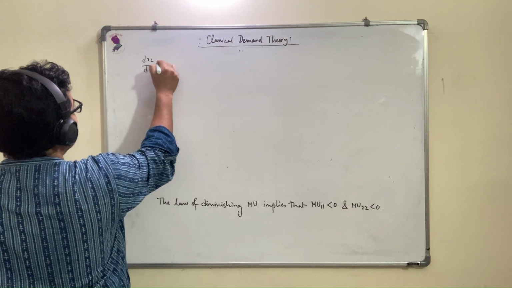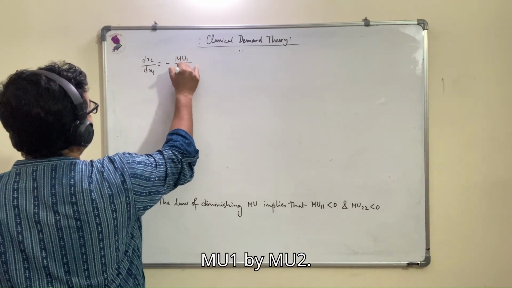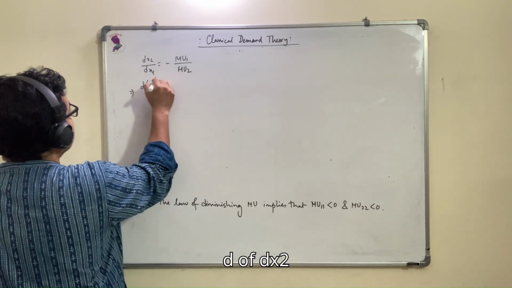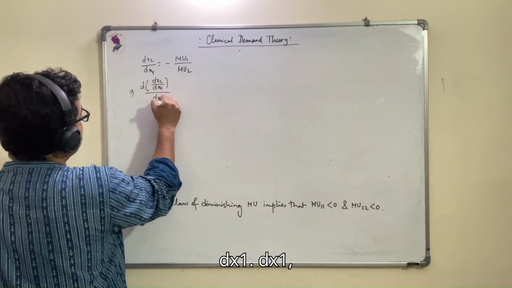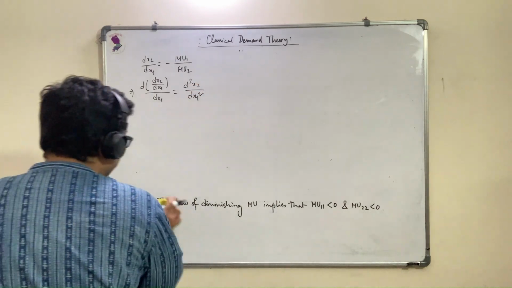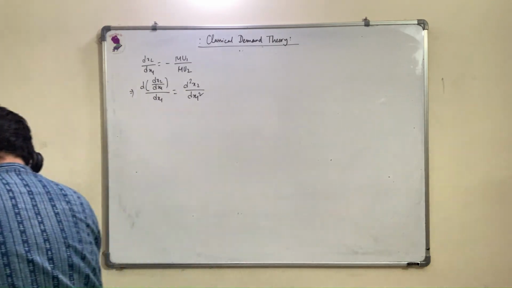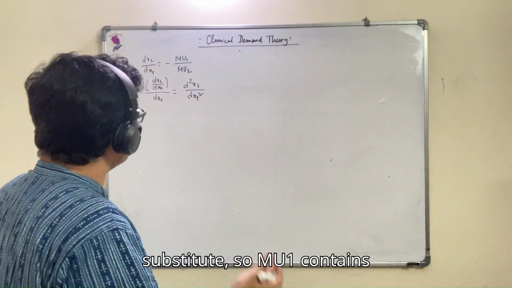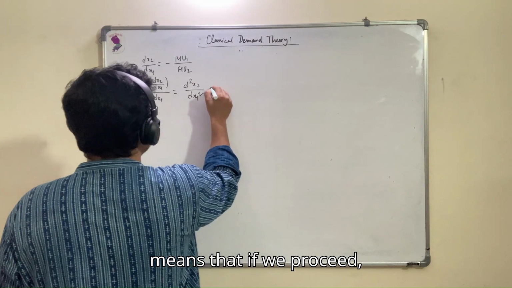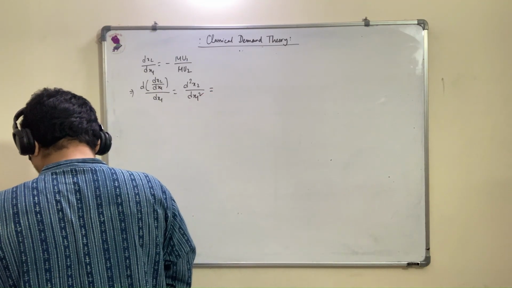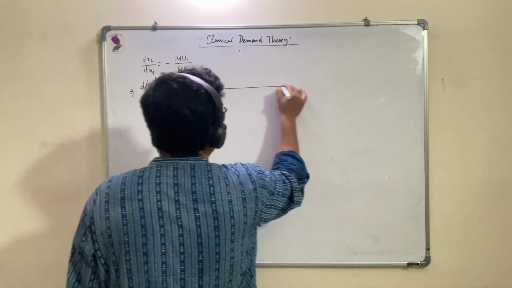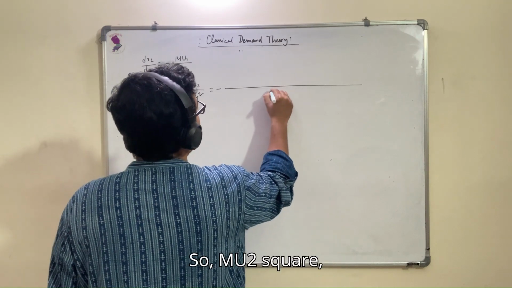dx2/dx1 is equal to minus mu1 by mu2, and we are interested in d of dx2/dx1, that is d2x2/dx1 square. Obviously, because we are working with imperfect substitutes, mu1 contains some x2 and mu2 contains some form of x1. So that essentially means that if we proceed, let us keep this minus sign here. So mu2 square,